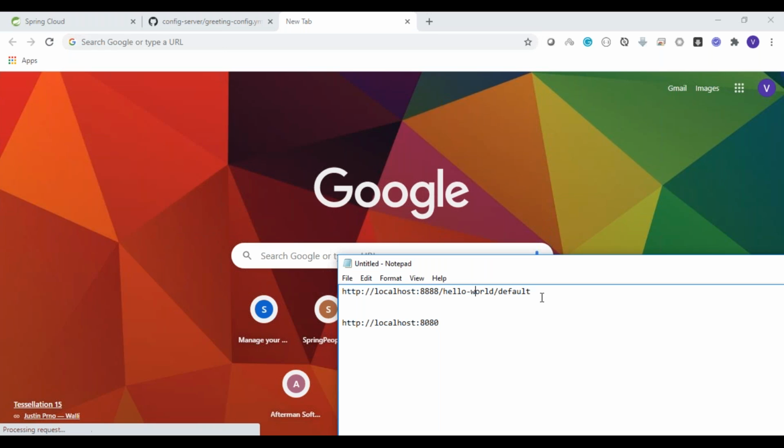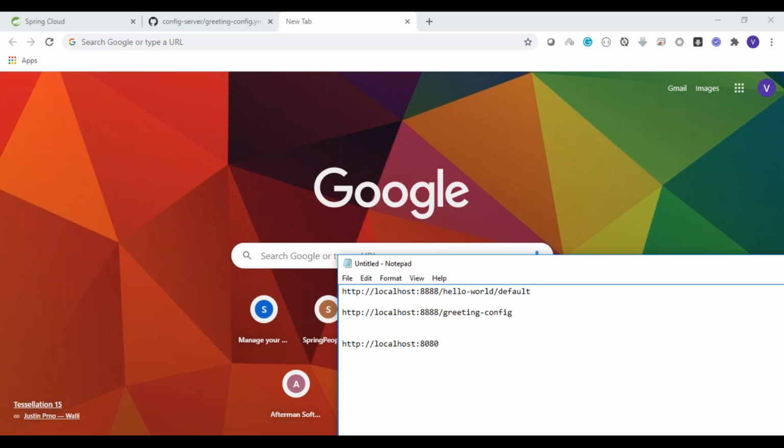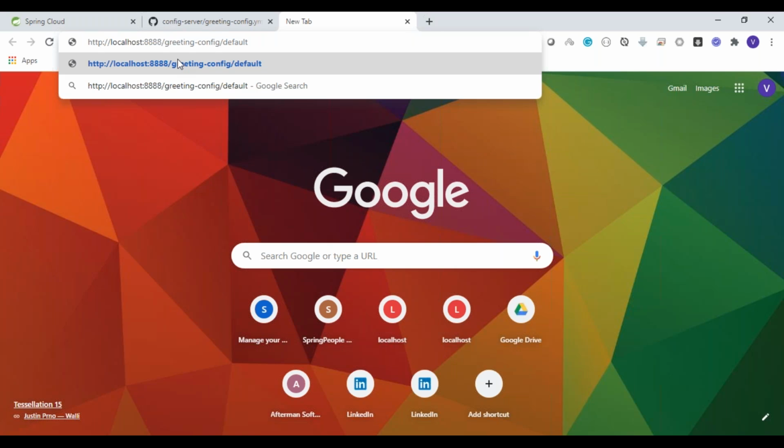It would be localhost:8888 followed by greeting-config, that is my application name, slash default, that's the profile. If you type this URL,